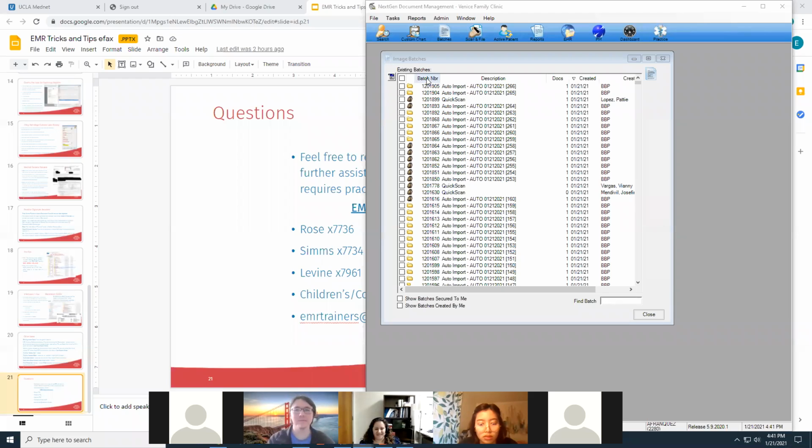So the batch number, what can be considered a batch, as you can see here, it says a batch number, and then it gives you a batch number, and then it gives you auto port, and then auto 0121, and then it gives you the number. So this number represents the eFax number that we've gotten today. So today we received 266 eFaxes, and then the name is batch number